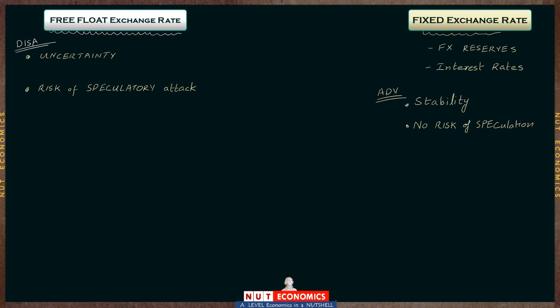Good, very good. So this again doesn't mean, I mean technically this is wrong, no risk of speculation, but in your exam essay questions you make this point. Instead of saying no risk of speculation, we can perhaps say little risk of speculation. That is, usually speculators will stay away कि ये इस मुल्क का सेंट्रल बैंक अपनी करेंसी फिक्स करता है. But as part of the analysis of this point, tell the examiner that you do realize that look, on paper we are saying there is little risk, but you need to have FX reserves to be credible against the speculatory